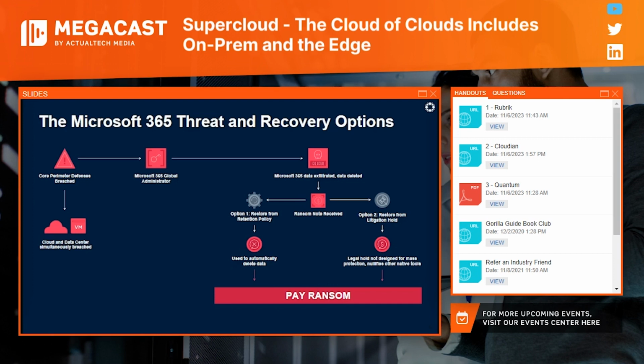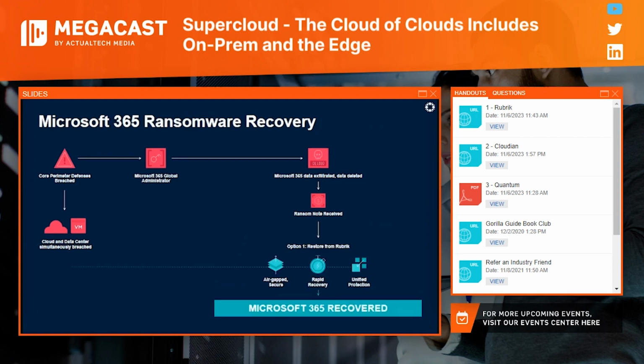So how does Rubrik change the game? In our case, looking at our M365 protection, we have a fully secure, hosted, account-isolated place where all of your backups are stored. So this bad actor, even though they have administrative access internally to your systems, can't get to ours. So now we have this air-gapped, account-isolated version. We can easily recover that data for you.